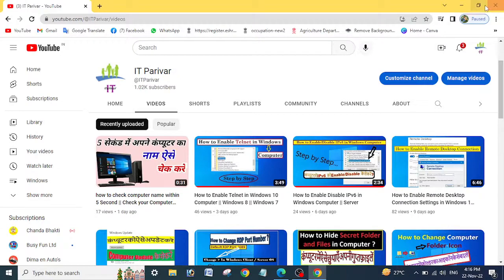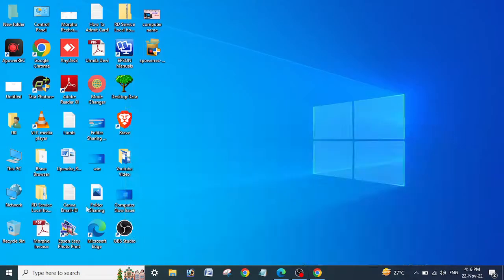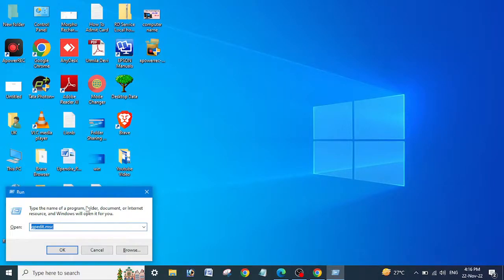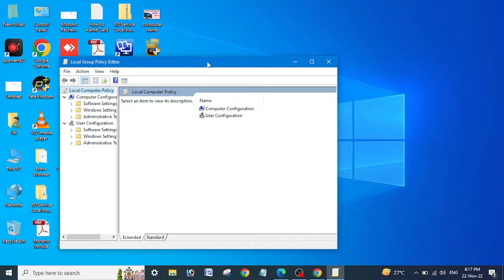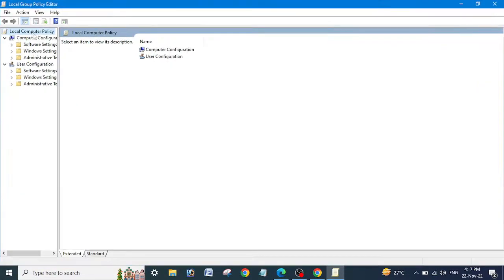So I will show you now how you can do that. You need to go to the Run menu and type gpedit, hit enter. The Local Group Policy window will be opened here. So you need to go to Administrative Templates. Just expand this Administrative Templates and go to System,